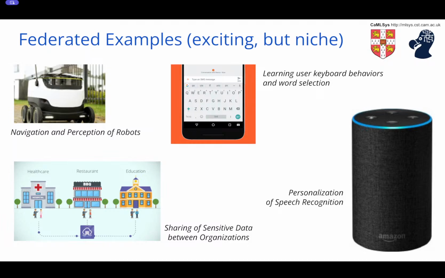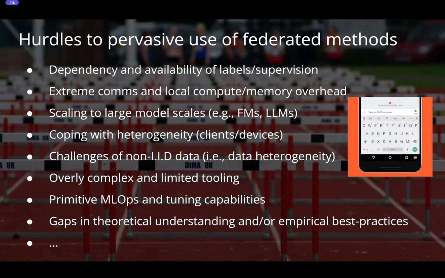And so we need to change that to benefit from this data opportunity and compute opportunity, because that's where we are right now. So why is that? That's because there's a massive series of hurdles to using these techniques. They're not easy to use. And any academic like myself would love to tell you about all the problems that exist in doing so. They freak you out with issues to do with comms and local compute overhead, and scare you with things to do with non-IID challenges and so on.